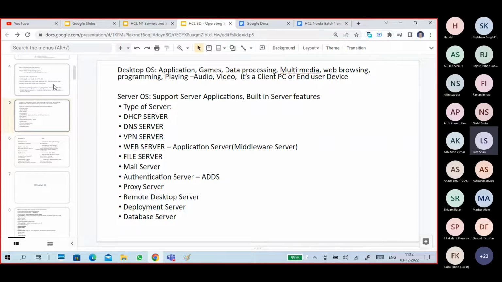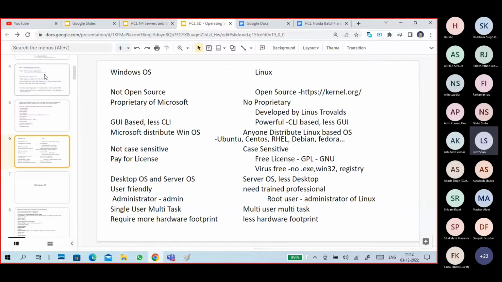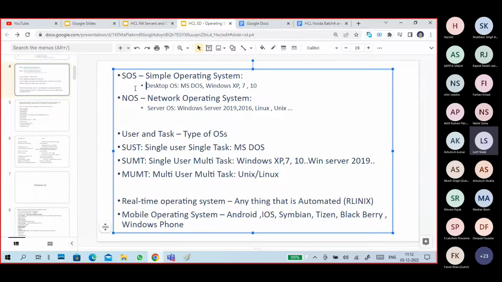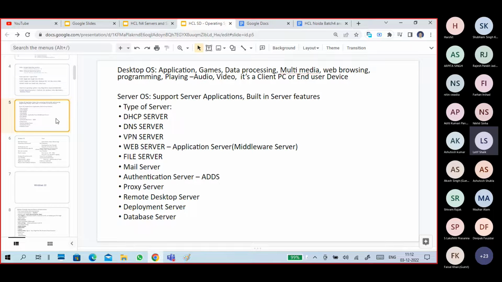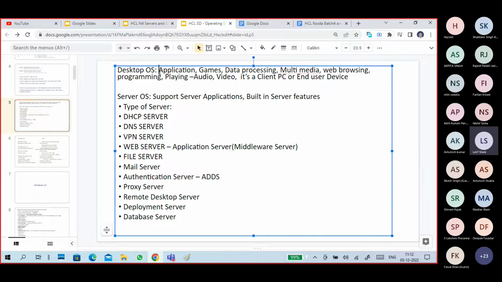Okay. Here it is. Last time someone asked when I told about SOS and NOS. Simple operating system means desktop-based operating systems. Network operating systems are server-based operating systems. What are these things? Just to get an idea. Take a normal desktop operating system, if you take our Windows 10,